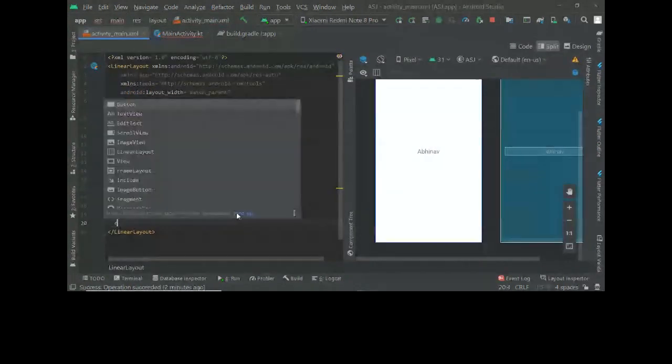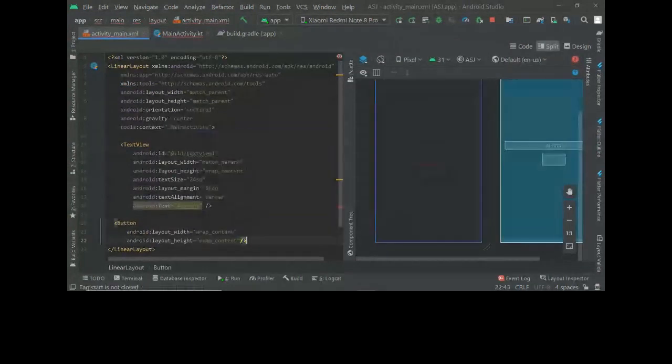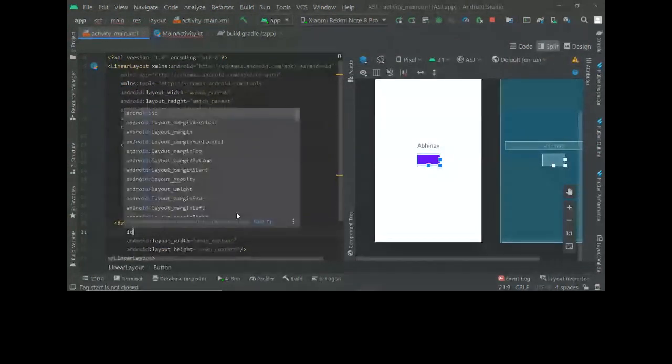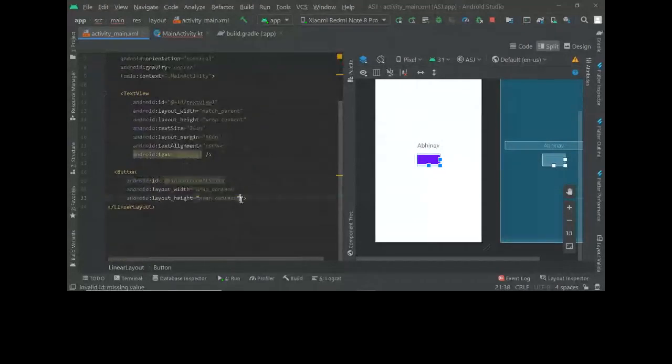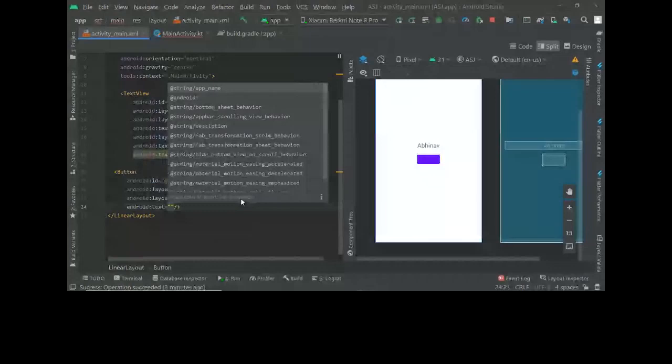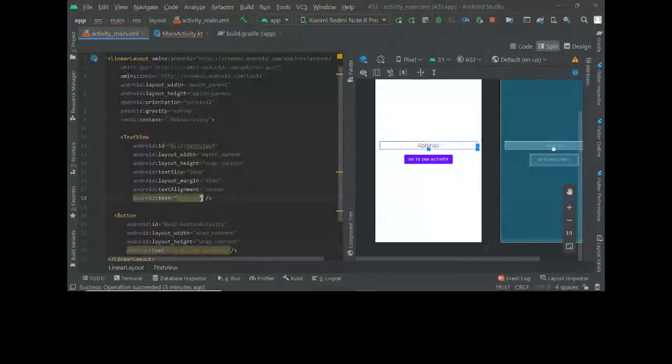We will add a button though. Button, wrap content, ID, let's call it button activity, and text we'll put go to the second activity. And instead of calling this one, let's call this activity.